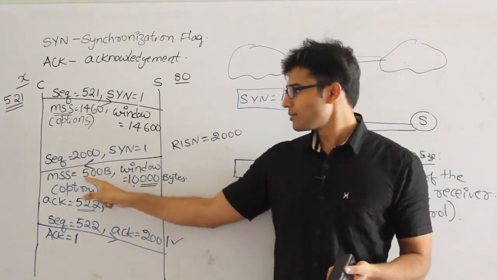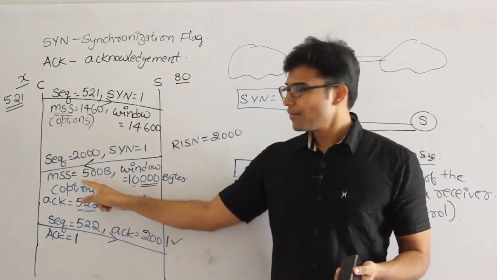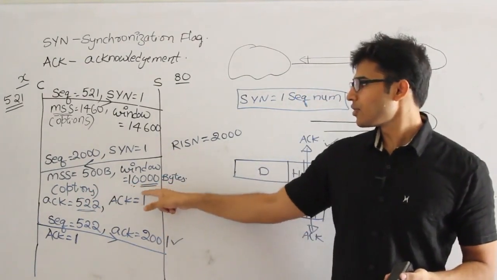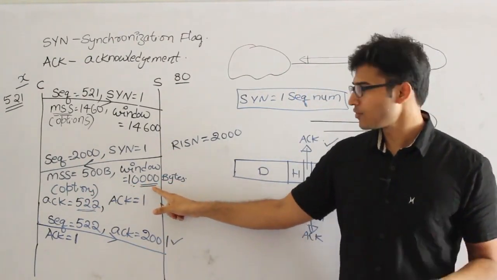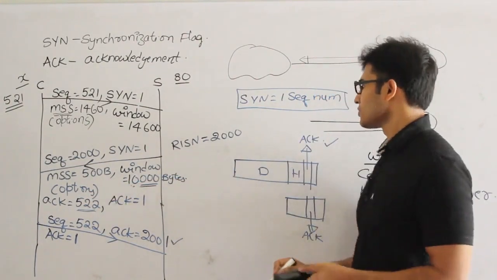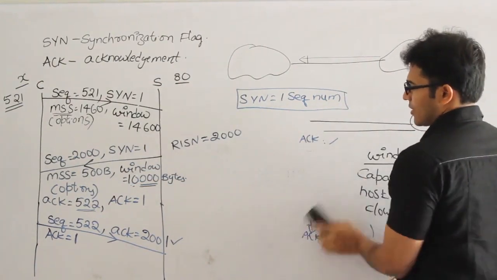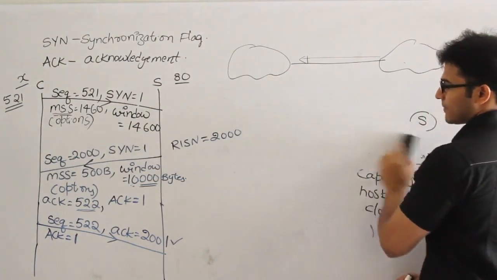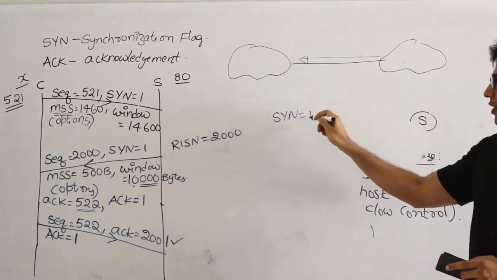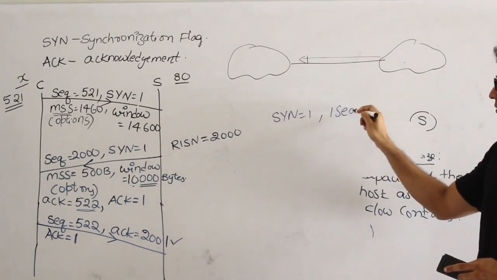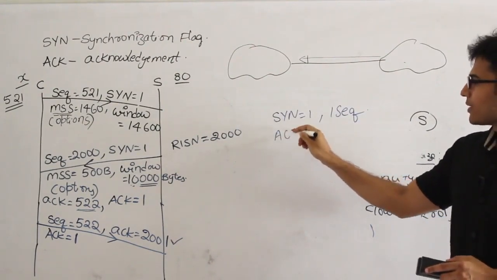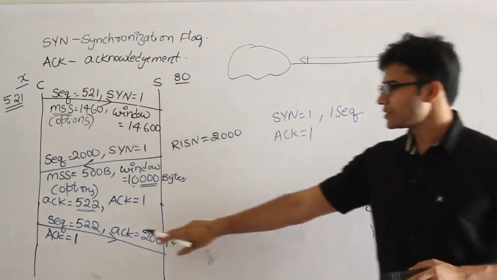So what does this mean? It means that you can send segments of this size, and all the segments put together should not exceed this much. That is my capacity. And along with that, they are even sending the acknowledgement. So one important thing which you should be careful about, always remember this: SYN packets. Any packet which has SYN equal to 1 will consume one sequence number. Please remember it. And the second one is acknowledgement packets, which means if it is a pure acknowledgement like this one,